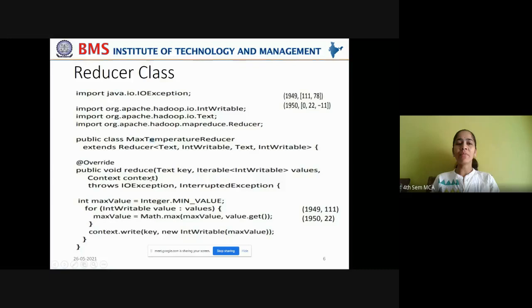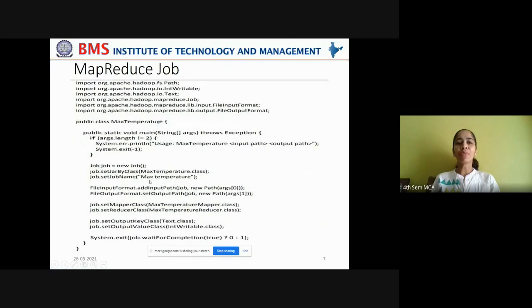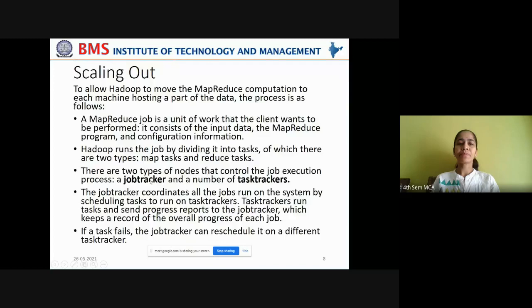So we have seen how to write the mapper class, reducer class, and how to pack it into a job. And we have also seen that there are two types of nodes that control the job execution. Once the job is packed with the input path from which the file has to be read, the mapper class, the reducer class, and the output path to which the result has to be written. Right now, once the job is ready and a jar file, Java archive file is created in order to transport that job onto various data nodes in Hadoop cluster or in HDFS cluster.